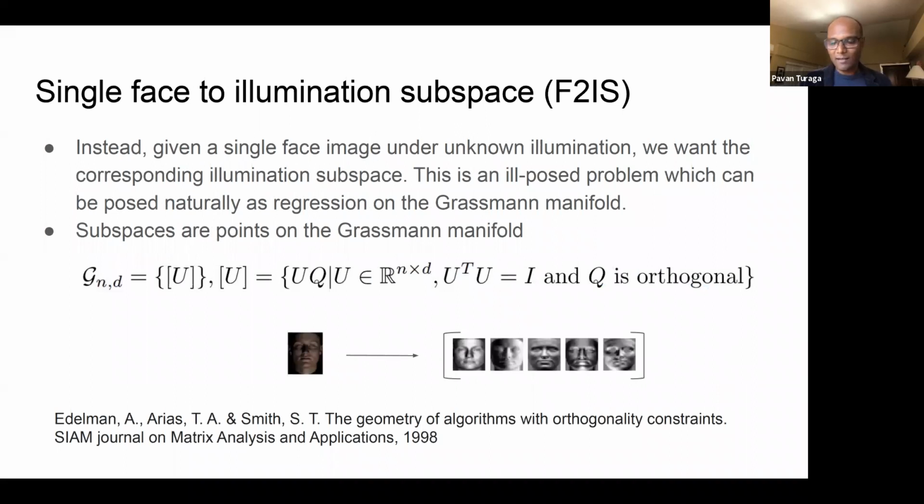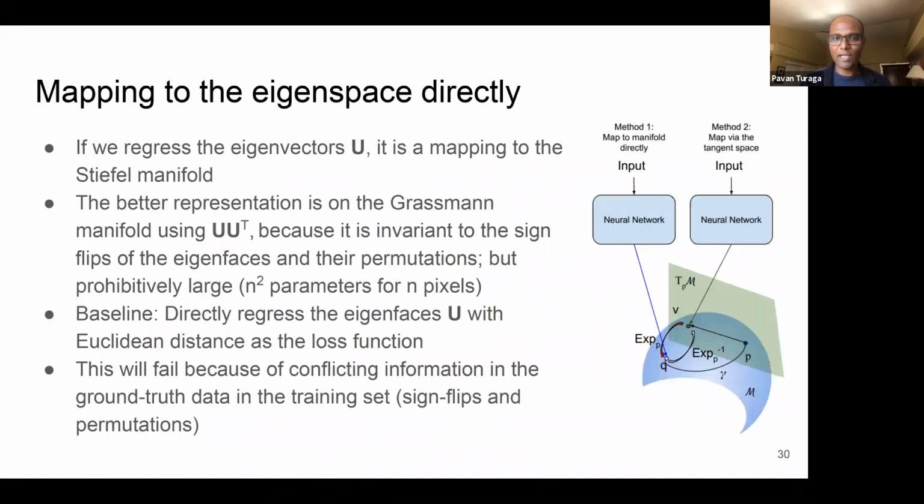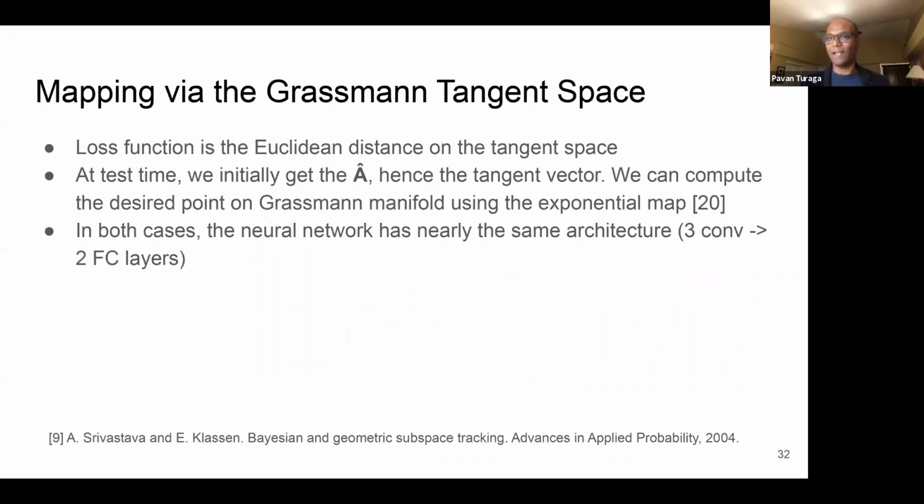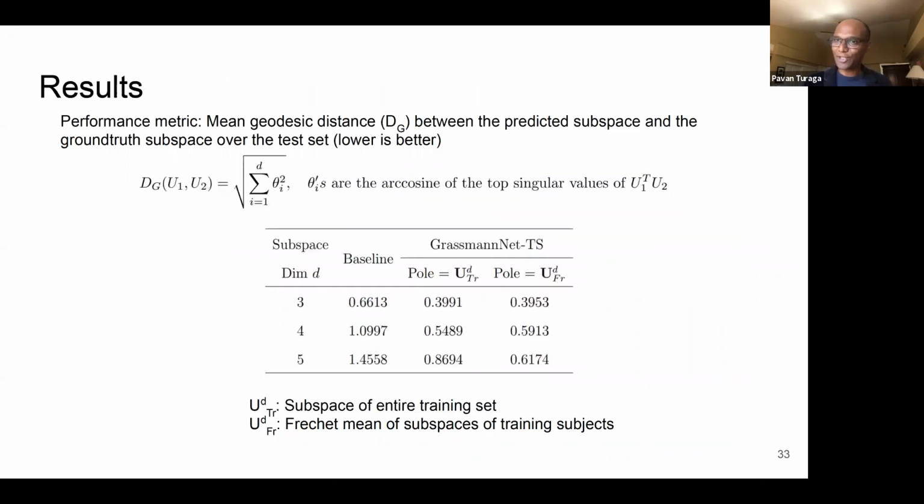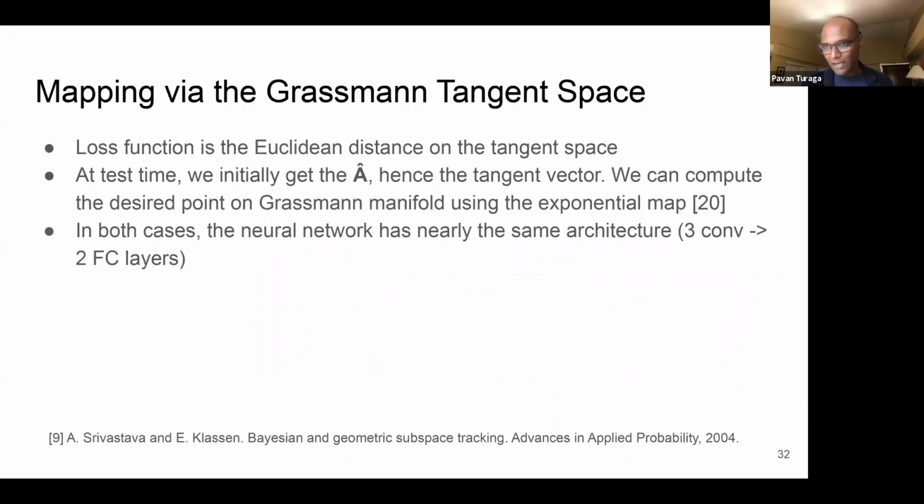There are a few different ways in which you can parameterize the Grassmannian. The first question is, okay, it's an interesting way to think of learning a subspace from a single picture, but how do you parameterize the subspace? We experimented with a few standard ones. You can think of it as a projection matrix, a big square projection matrix. The obvious problem is too many parameters. And then, of course, there are fewer intrinsic parameters which you can constrain. And that's how we get there.